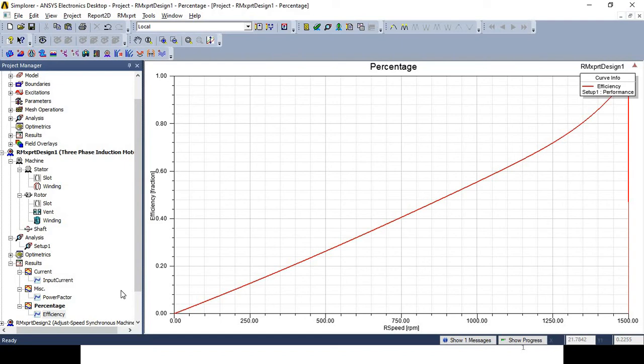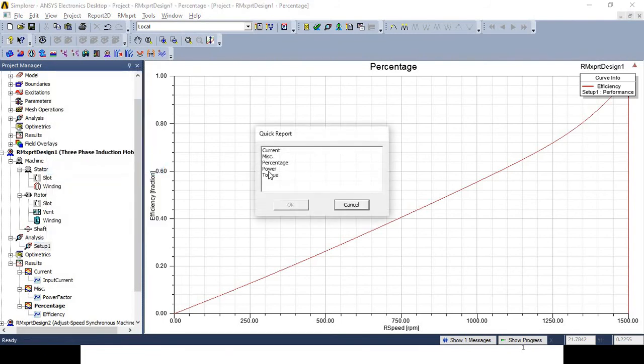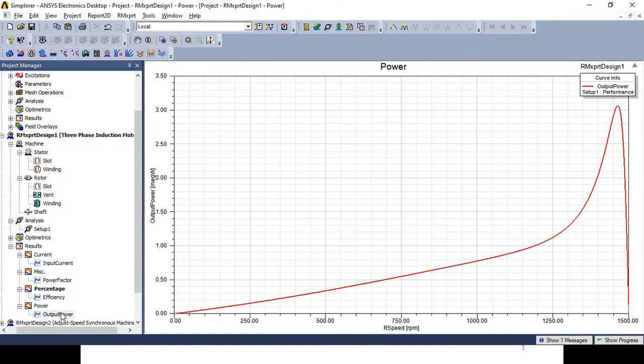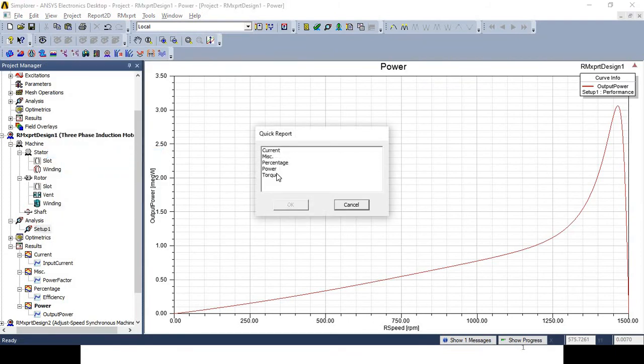Then next parameter in the quick information is power. So here in result section you will get the graph of output power versus speed. Then last parameter in the create quick report is nothing but torque.